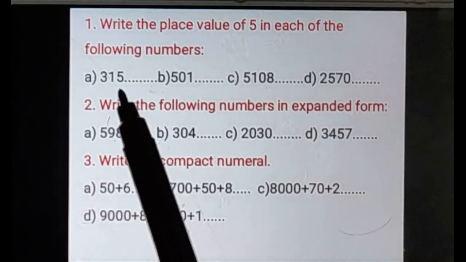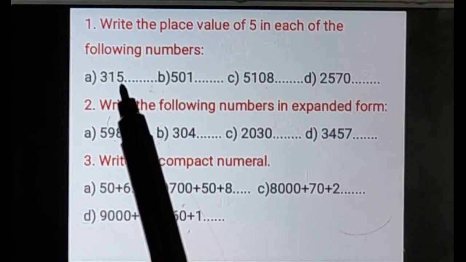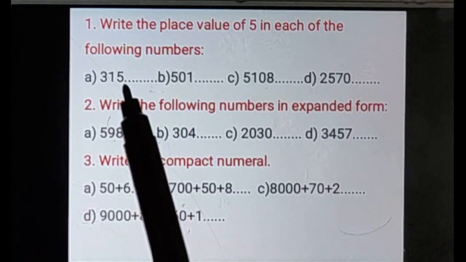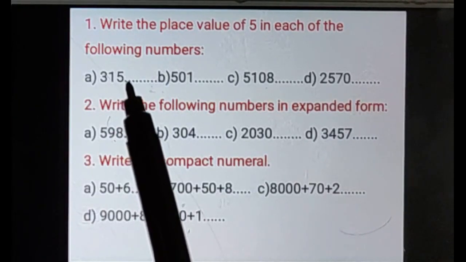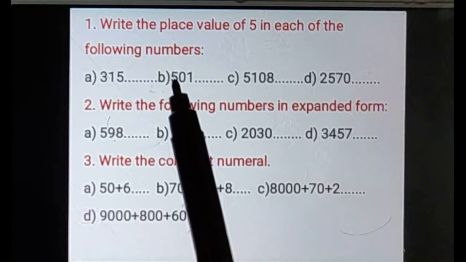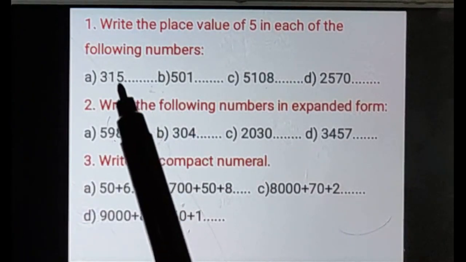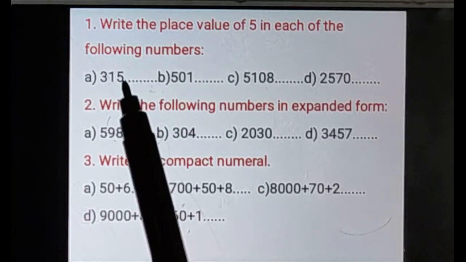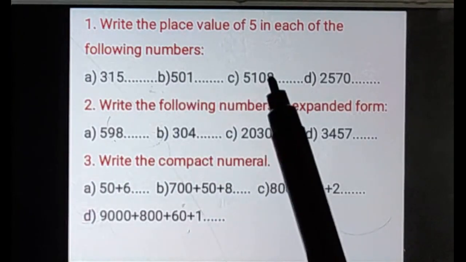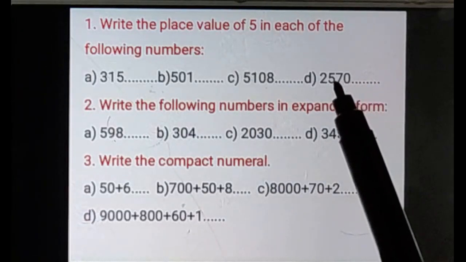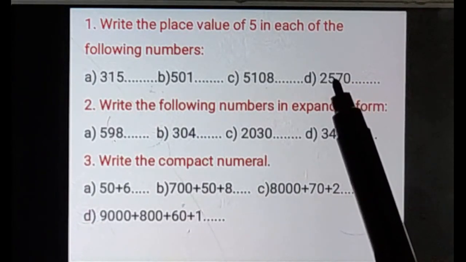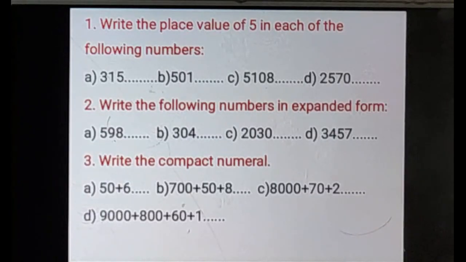So 5 is in which notation, that we have to determine. 5 is in which place, and notation is another thing, like ones, tens, 1000, that is the notation we have to use, and place we have to determine first. In the first case it is in ones position. Over here ones, tens, 100 position. Over here ones, tens, 100, 1000, and in this number it is in ones, tens, 100 position. So like this we have to see the actual position and write its place value.